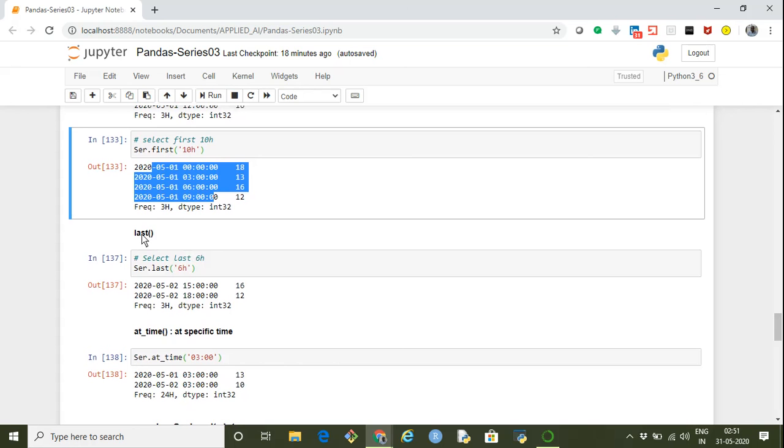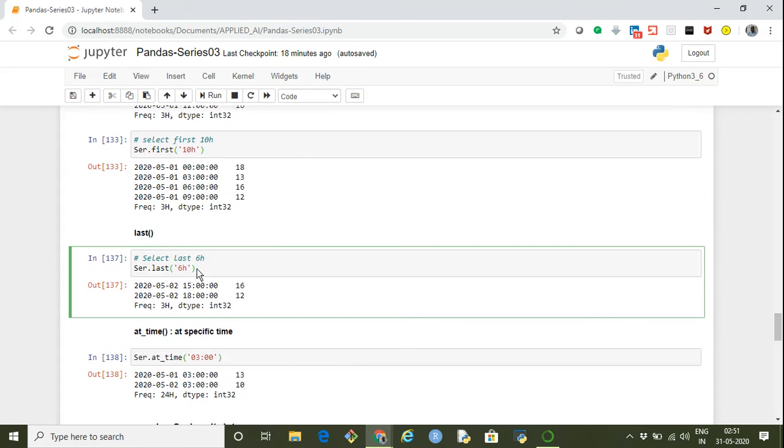Last is just extracting data based on the frequency that we specify, using the last function. If you want to select data from this series which fall within the last 6 hours, it will display only those records.